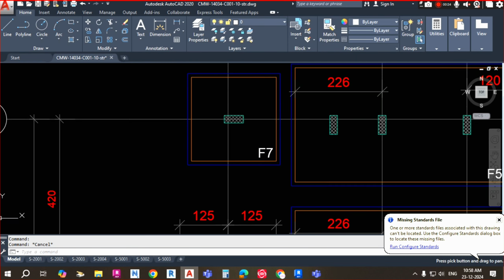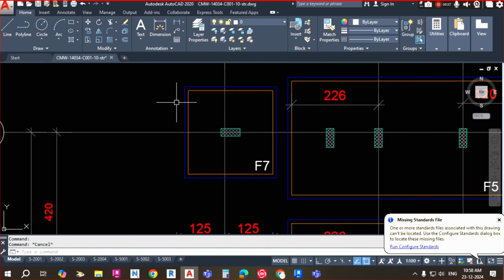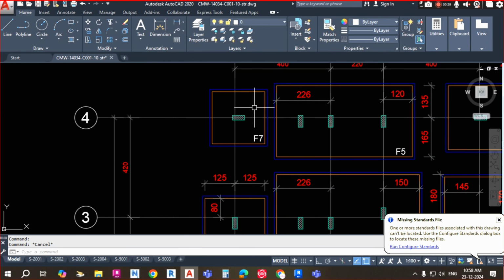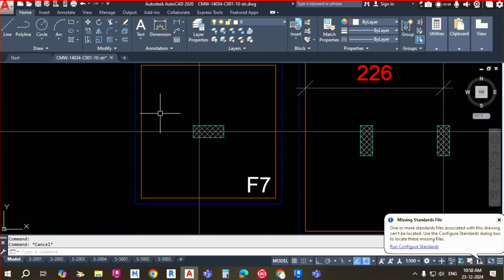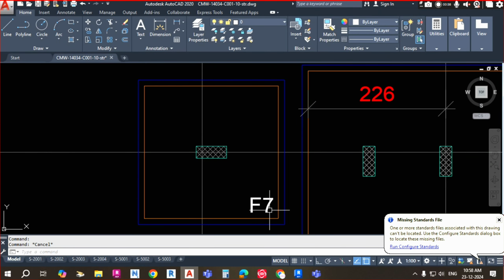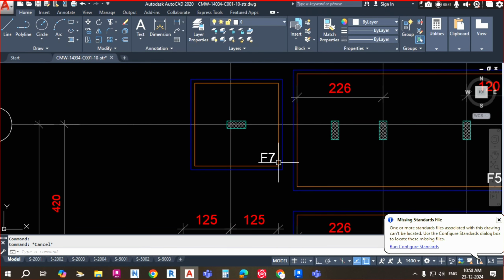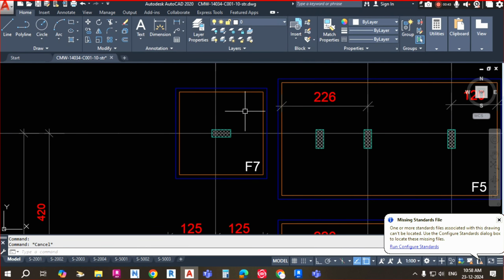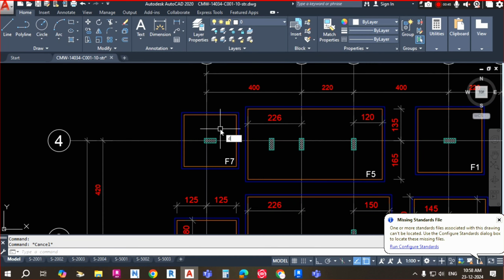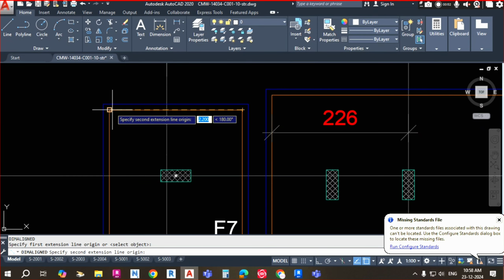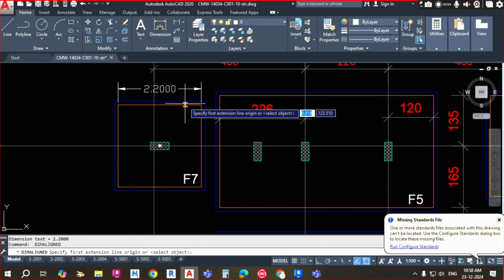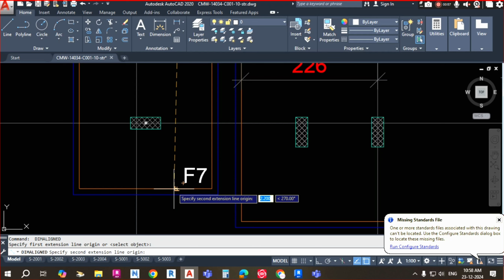I mean, the clear cover area, because whenever they are going to make this foundation and the reinforcement in the foundation, they are going to leave some gap, and that gap we will call the clear cover area. So you have to consider the inside golden color, how it is coming. You have to measure this column, whatever sizes are there, and go further as per the sizes. You can measure it like that,